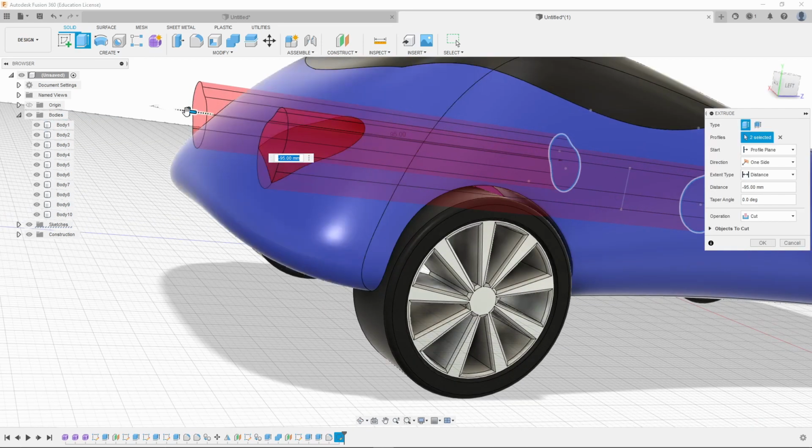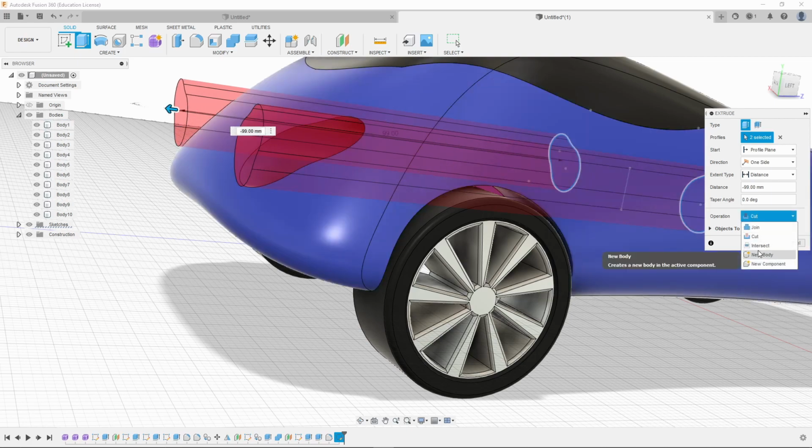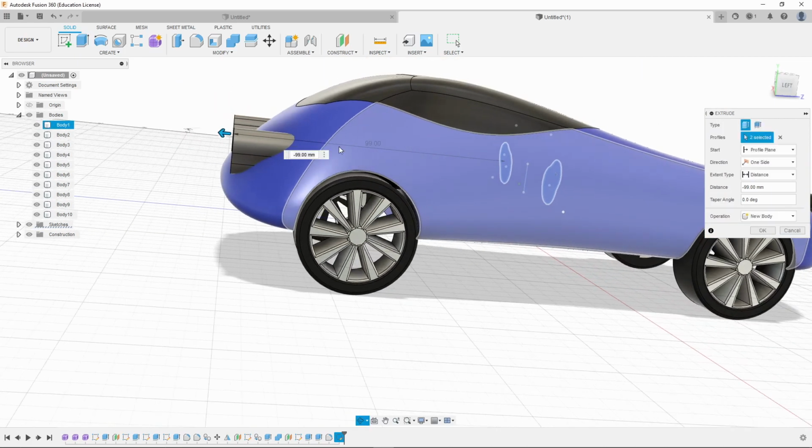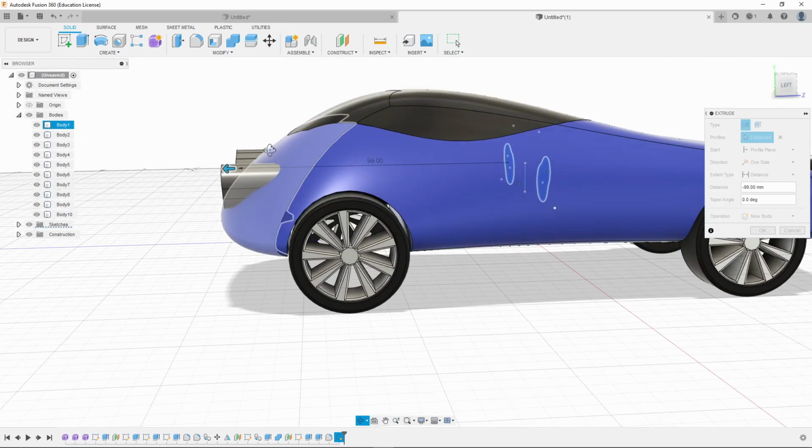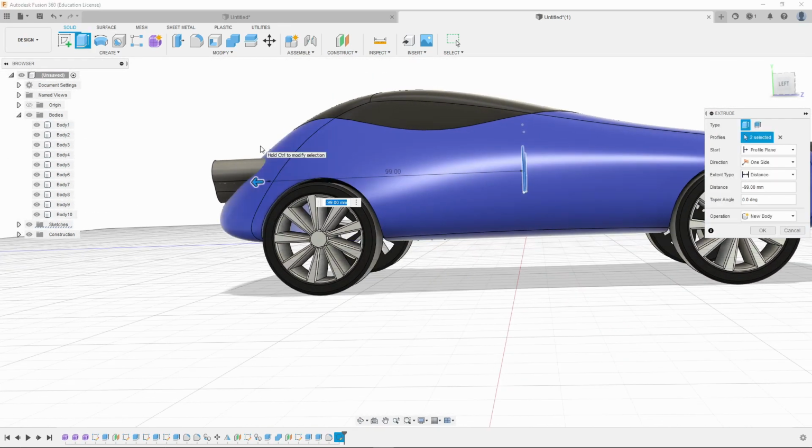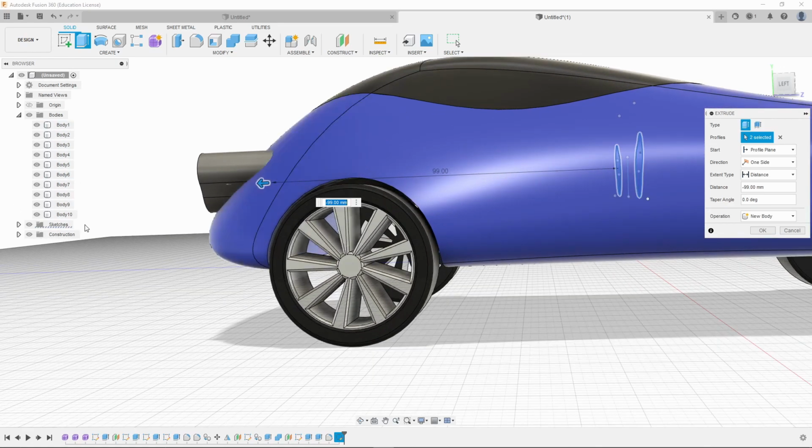So to be able to see the whole light cluster, I need to keep going and going and going, which, you know, doesn't look great up here. If you've got that problem, you could make a plane on an angle over here, but I'm not going to talk about how to do that. Or